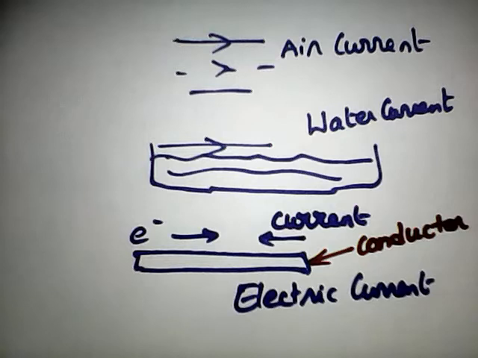From this analogy, you come to know that electric current is also like air current or water current. So it has got a direction in motion. Similarly, the current also has a direction. The current moves opposite to the direction of the flow of electrons. This is the conventional sign in electric current.